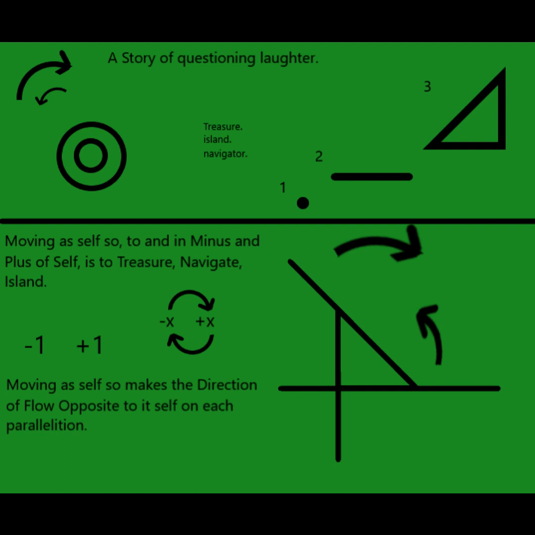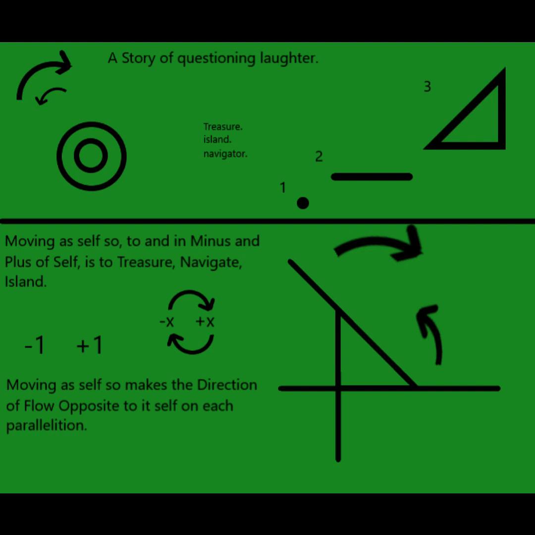So, we have the treasure navigating island by moving as self, minus and plus. And we have that moving as self, with the emphasis on the self. Moving as self makes the direction of flow opposite to itself on each parallelization. So the direction of flow comes from us, that is us, the parallelization; the next parallel is also us, where